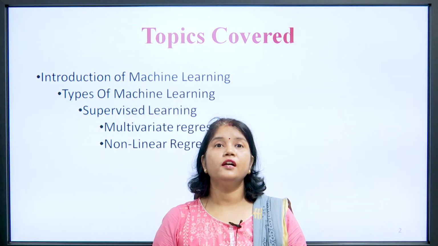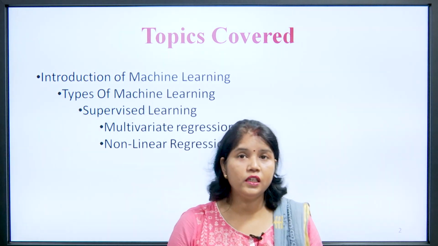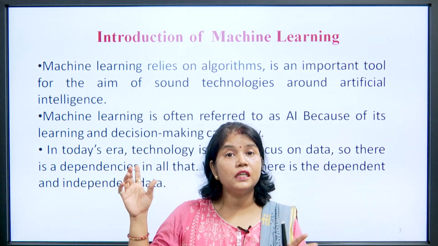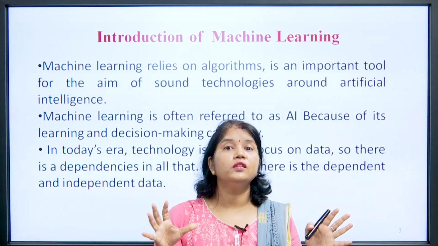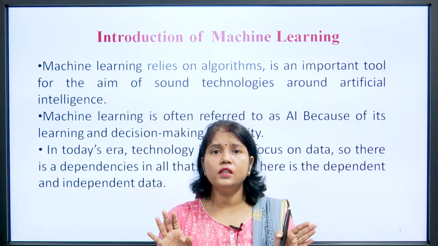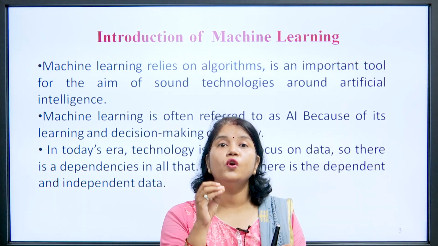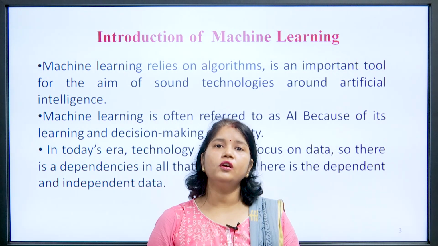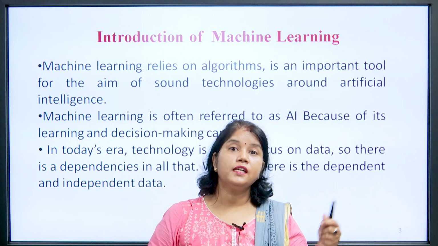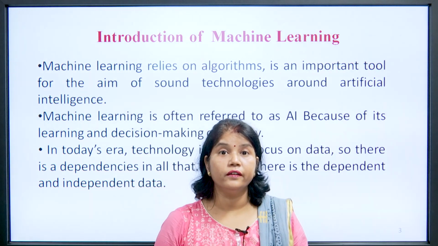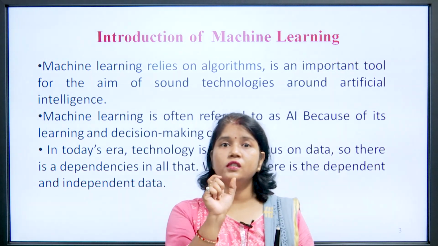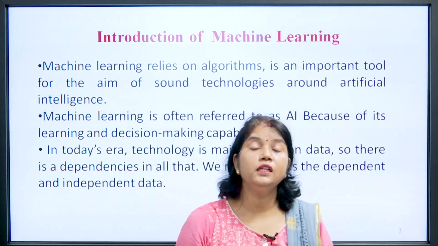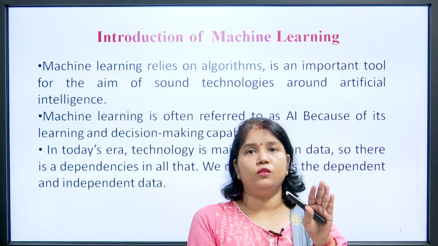Okay. So, here I will cover the introduction of machine learning. What is machine learning? It has already been discussed. It is basically a term that relies on algorithms. An algorithm is nothing but what you want to do, written in a step manner. Step 1 will be start and the last step will be the end, and in between whatever you do you write in steps, that is the algorithm. So, machine learning basically works on algorithms.